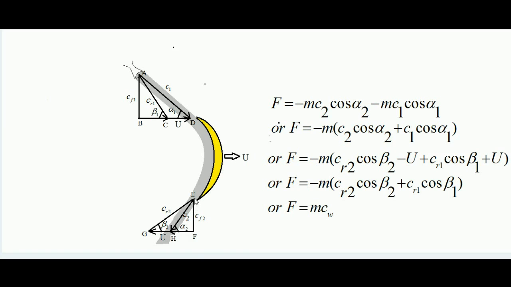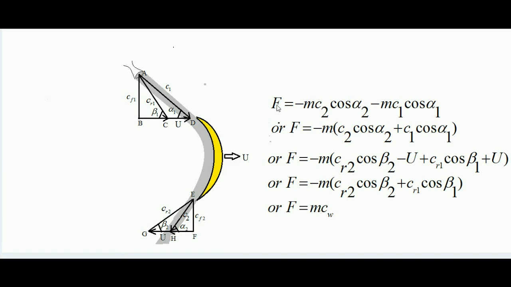Now in case we talk about the relative vertical velocity of steam with respect to blade, it would be C2 sin alpha 2 itself, because once again the blade has no movement in vertical direction. So vector EF represents the relative velocity of steam in vertical direction at the outlet. So the resultant relative velocity of steam at the outlet would be vector EF plus FG, that is equal to vector CR2, that is equal to vector EG, the magnitude of which is CR2. It is like this. So you have got about these new terms, CR1 and CR2.